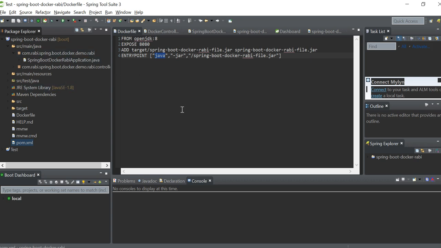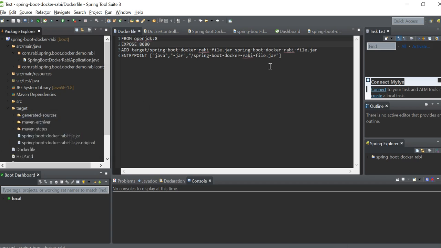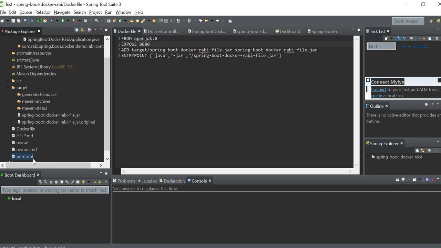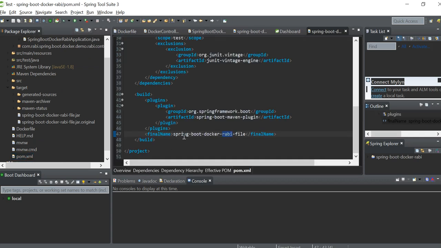Okay, when you are giving that port, one is the container port, one is the application port. This is the application port, and the target is where the jar file will be created. In the pom.xml I have already mentioned what the jar file name will be. The same thing I have to copy and paste here.